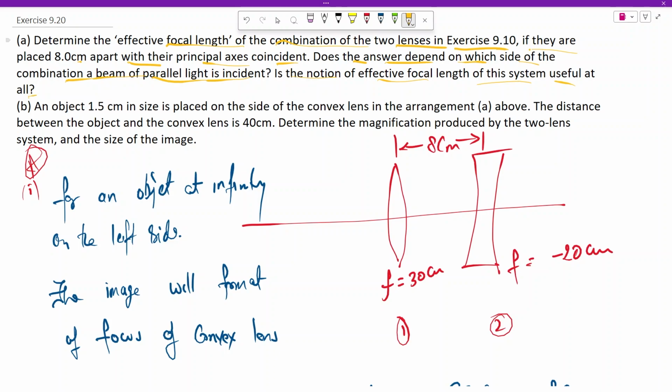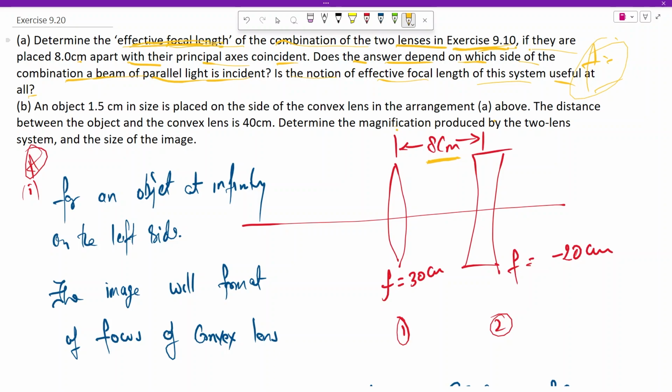So, in the previous exercise 9.10, we were given two lenses, a convex lens and a concave lens, and we were asked to find the F effective, or the net focal length, of the system. Now, in this question, these two lenses are kept 8 centimeter apart. Now we have to find out what would be the effective focal length,